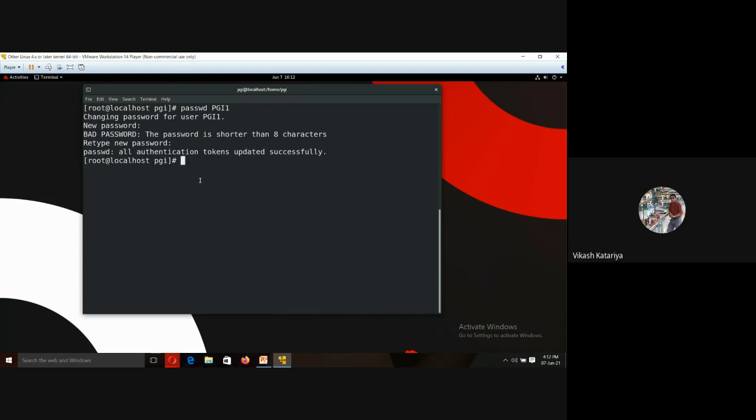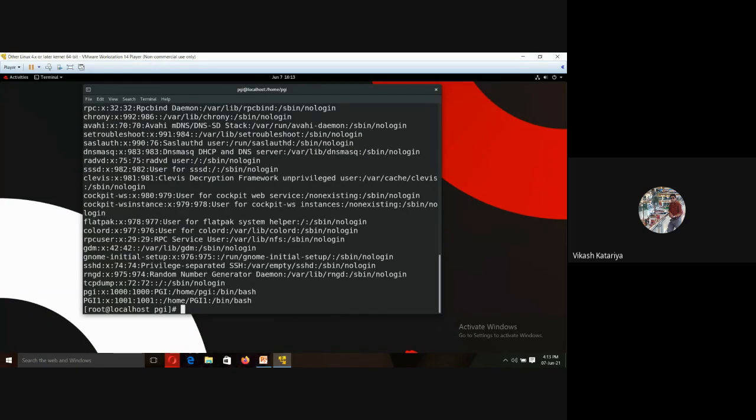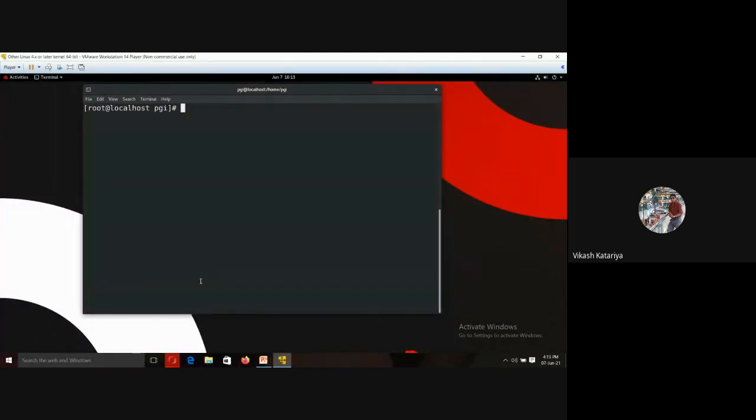We have given a password to my new user account. So here are the details of user account PGI1. So this is how we create a user and create a password.